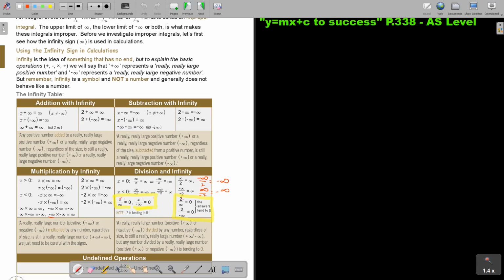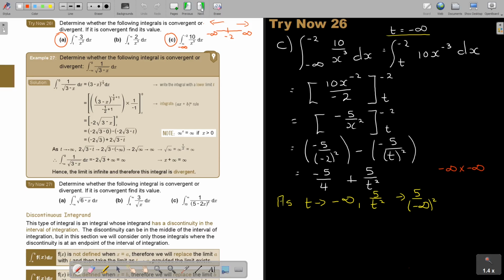And you see, if you have negative times negative, it's positive infinity. So that tends to 5 over positive infinity. Okay, and that tends to 0. I just want to finish there, that was positive infinity. So therefore,